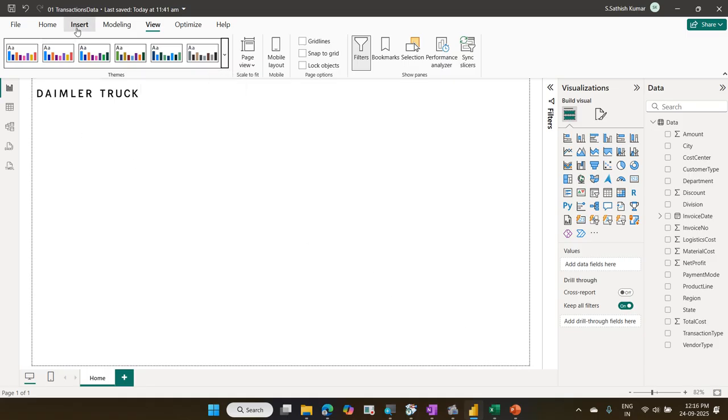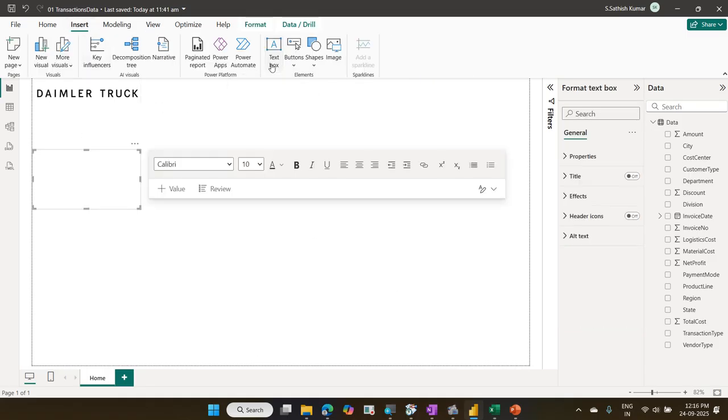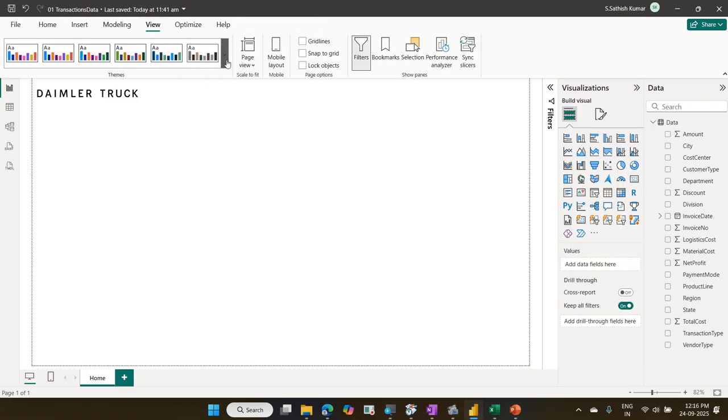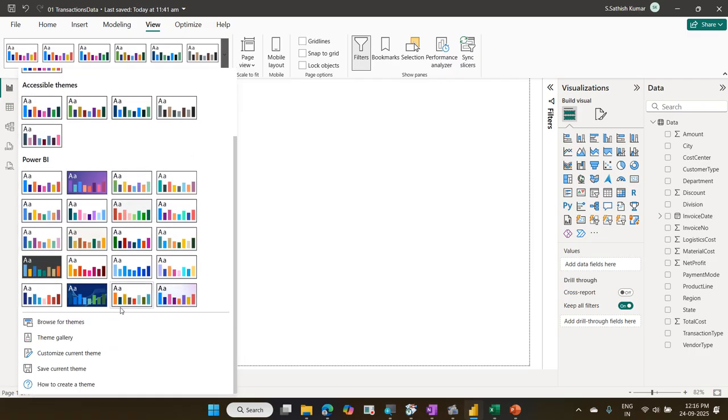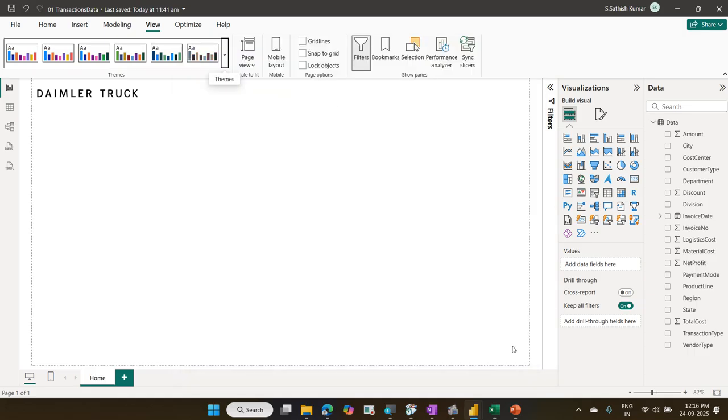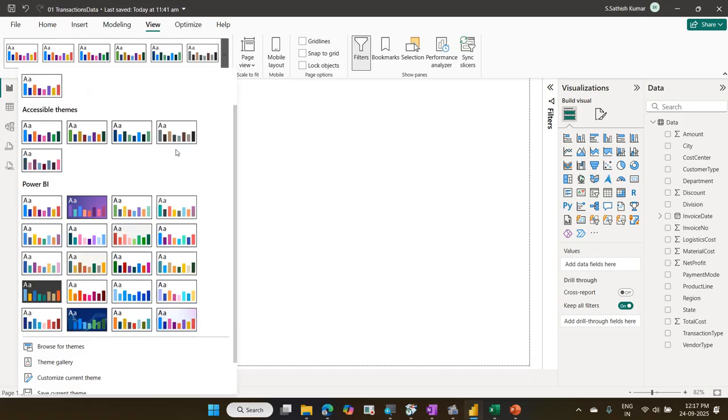Just I will check whether this font is applied or not. Insert. I'll go to the text box and I click inside the text box. Yes, I am getting the Calibri font. Actually, I don't want the Calibri font. Unfortunately, Power BI doesn't hold your company font. So what we have to do now? First step, go to View tab, go to this Themes, click on the arrow mark, go to the Customize Themes, and we go to the text and we have selected all the 4 things into the same font family, Calibri. Second step, go to the same View tab, same arrow mark,